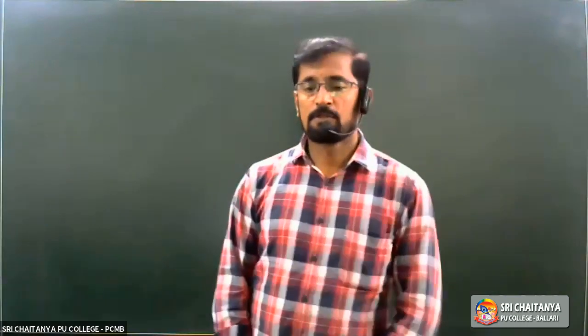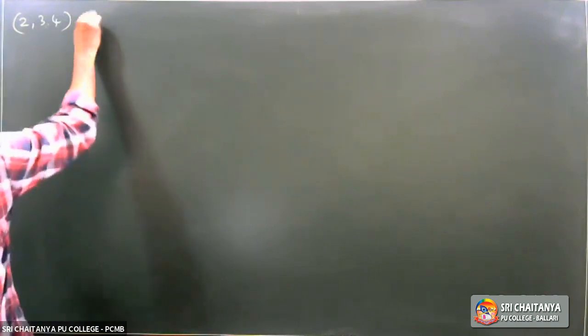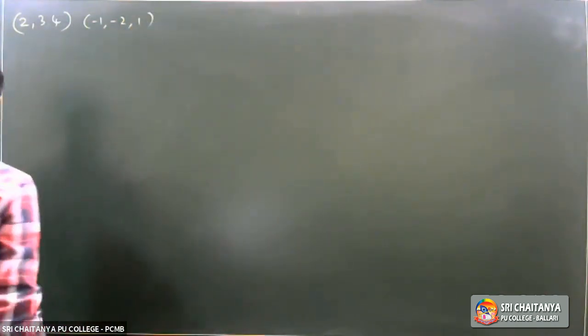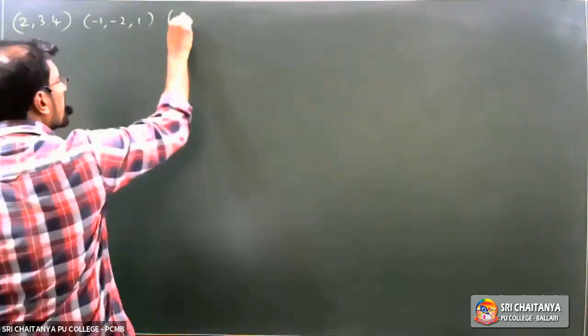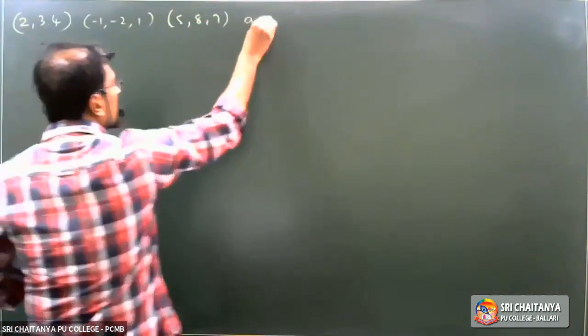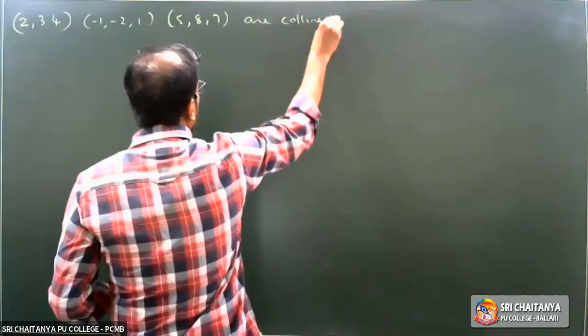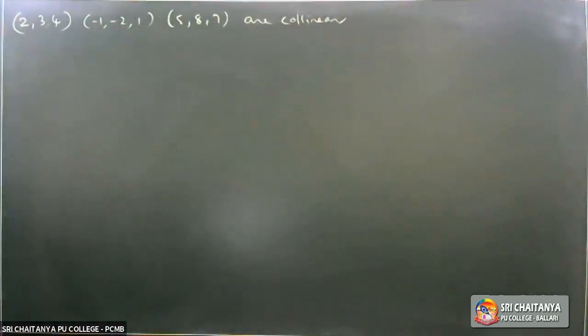Now, the 4th problem. Show that the points (2, 3, 4), (-1, -2, 1), (5, 8, 7) are collinear. You can do this problem by using 2 or 3 methods, but in 3-dimensional geometry,